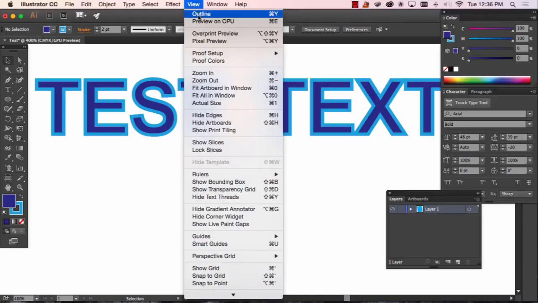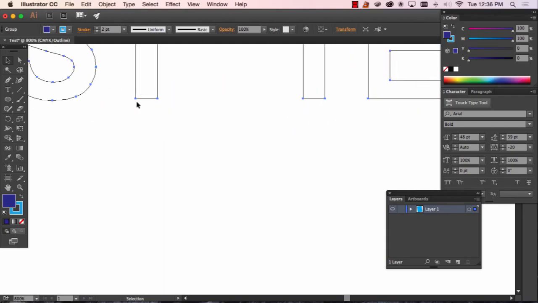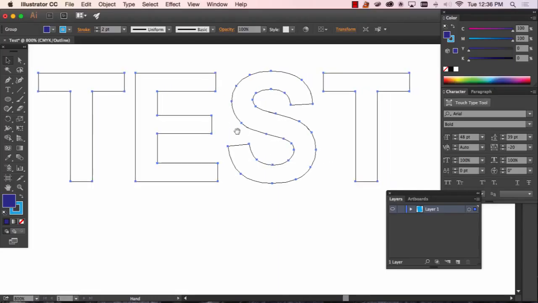Then what happens is, instead of text, just like we've done in InDesign, if you go to the View Outline menu, and if you look, now you'll see when I select this, these letters are all made up of points. They're no longer text, a text item you can edit. So, you know, you want to spell check and proofread everything before you do something like this. But once you've gotten these converted